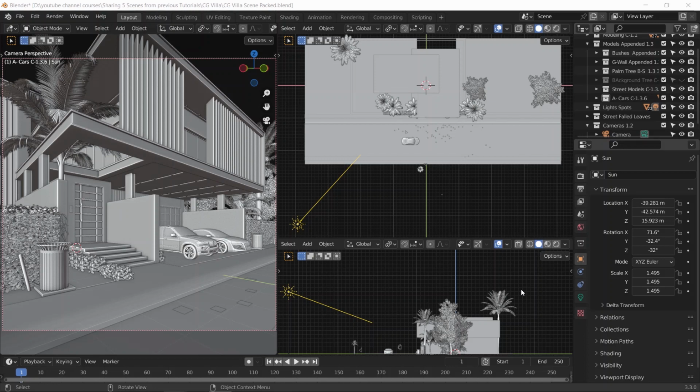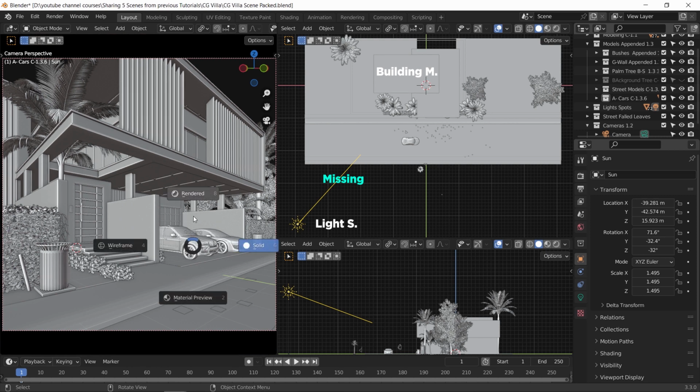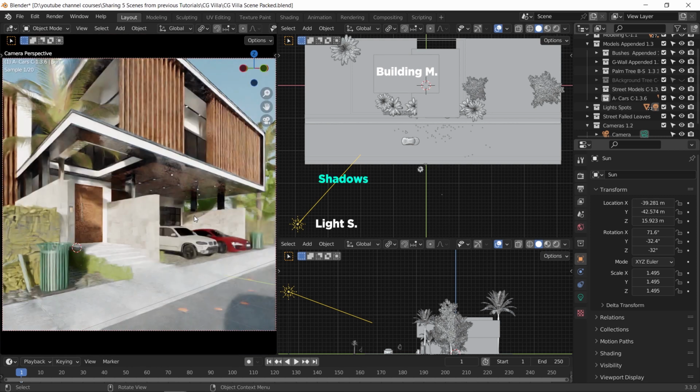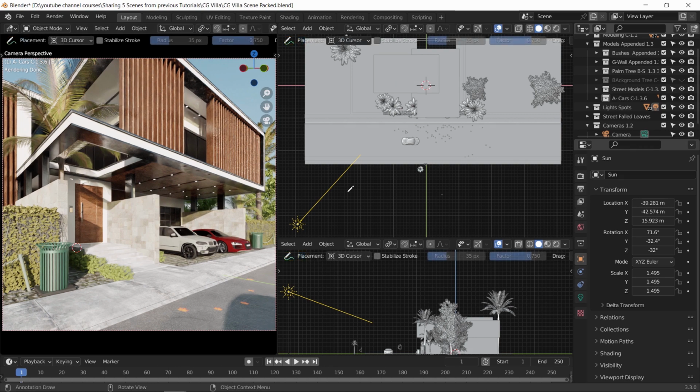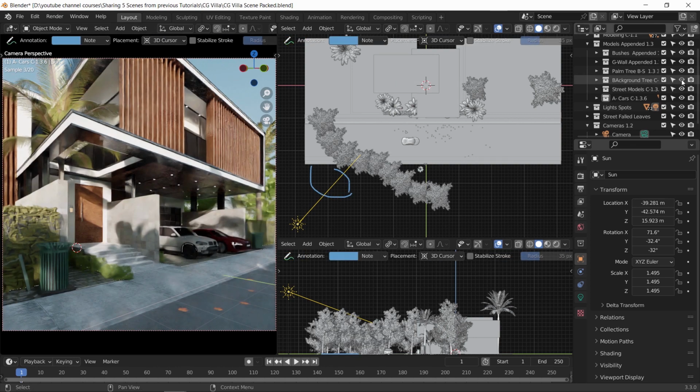The basics of architecture visualization, especially exterior, is having a mesh you want to present and the lighting to show it. However, there is a missing part here and it's quite important: shadows, an important factor in visualization. For that, we usually have something to mimic it between the light source and the building, so we tend to use some of the vegetation from the scene